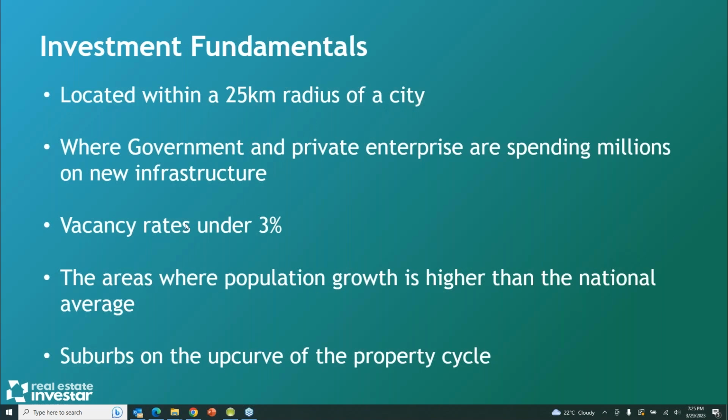We're looking for areas where vacancy rates are under 3%, and that's most of Australia at the moment. But again, that will change, and some of those regional areas won't always be at that low vacancy rate. So again, just look at the fundamentals and where people are going to continuously move. Where there's work, don't buy in areas where there's just one industry. It can be very, very risky buying into those areas.